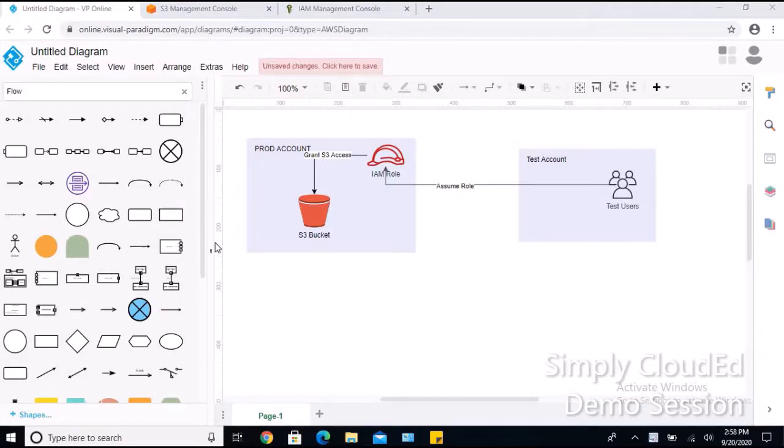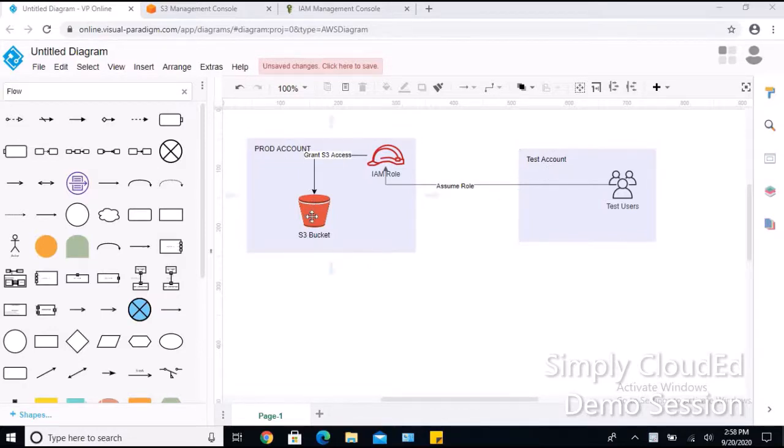So today's topic is how to set up cross account access, and in this session we are also going to cover how to use an IAM role and how to switch a role. While I was talking about cross account access, what we mean by that is a very practical scenario, and we are going to see it in real time. Just to give you an example, here I have one prod account and one test account. It could be multiple accounts out here.